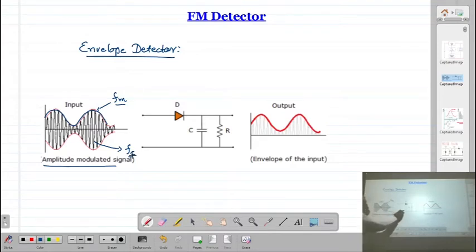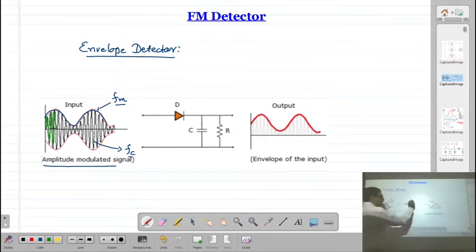Now this signal is given to a diode. If you look at the circuit, it is simply a half-wave rectifier. Already we know that during the positive cycle, the diode will be in forward bias, and during the negative cycle it will be in reverse bias. In this waveform, this is my positive cycle, this is another positive cycle, the third positive cycle is there, and these are the negative cycles. So the diode will allow only the positive cycle, and it will rectify away the negative cycle.